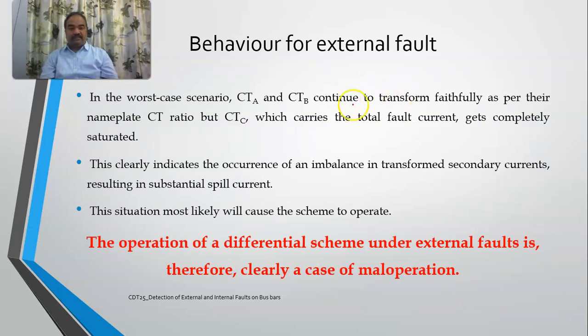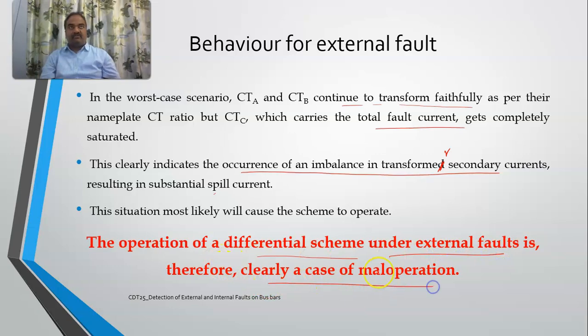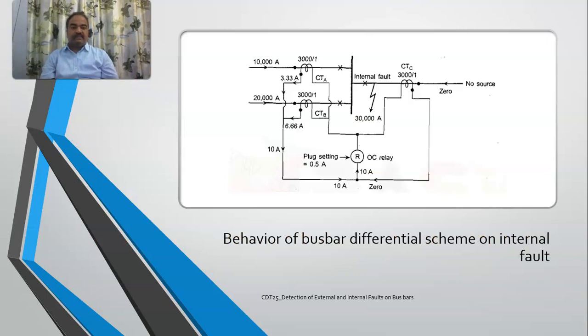Understood? In the worst case scenario, CTA and CTB continue to transform faithfully as per the nameplate CT ratio, but CTC, which is carrying the total fault current, gets completely saturated, indicating an imbalance in the secondary currents, resulting in substantial spill currents. So that's why if there is a saturated CT, the operation of a differential scheme under external faults is clearly a case of maloperation. Whereas in case of internal faults,